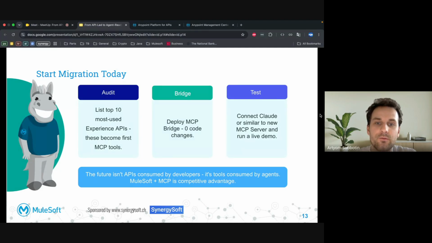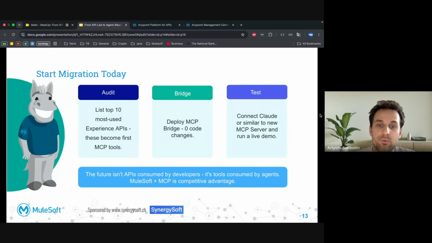These are your first MCP tools. They already exist. They already work. Nothing should be changed. They just need to be wrapped, and that takes hours, maybe 1 hour, not weeks and not months. Write down the 5 you would want an AI agent to call first.